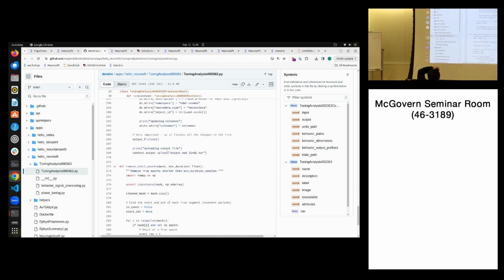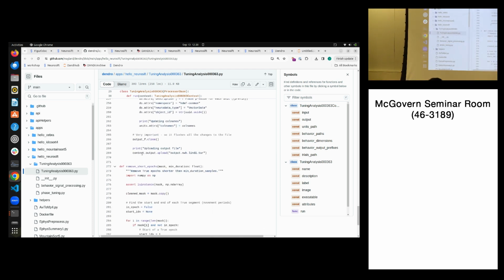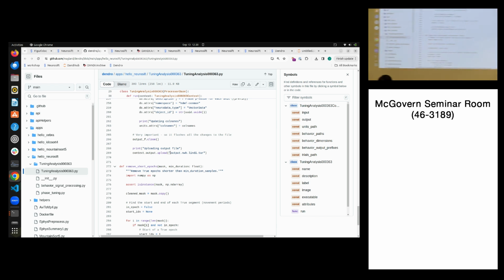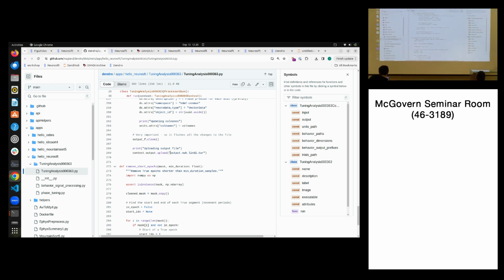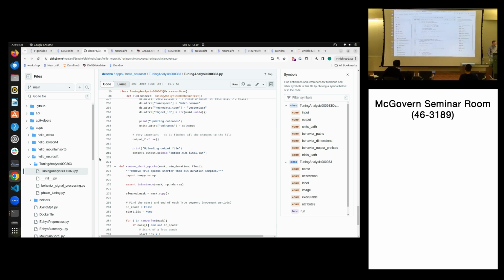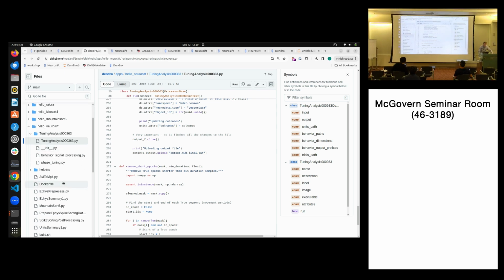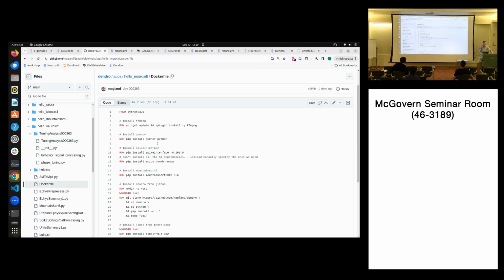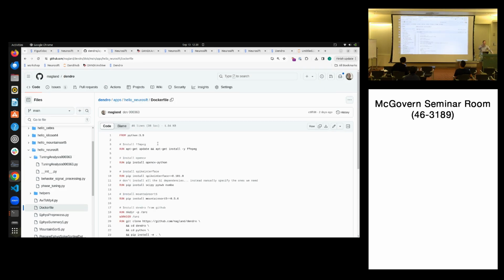And then it uploads the results using this command, context output upload. So to answer your question, it's very possible to just create a custom processor. You then also have a Docker file that's associated with your processor or your app, which has all the dependencies that you need. So the main thing is when I create the script, if you go back to that, yep,